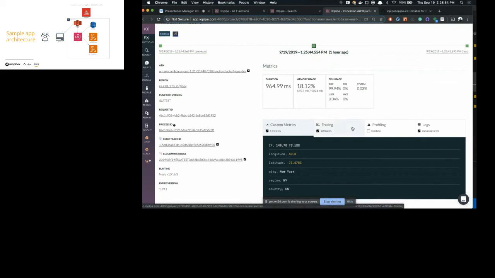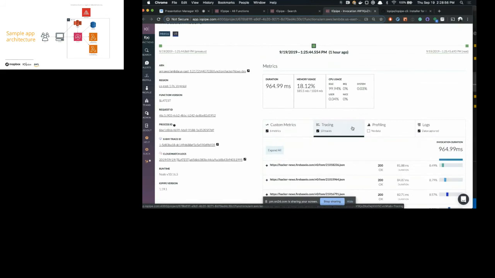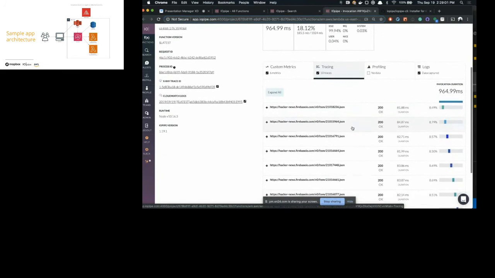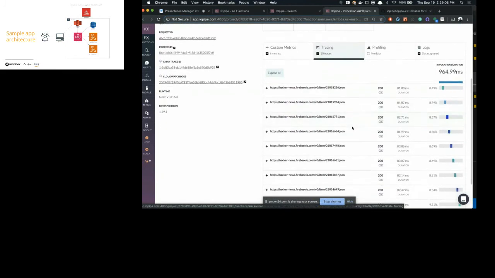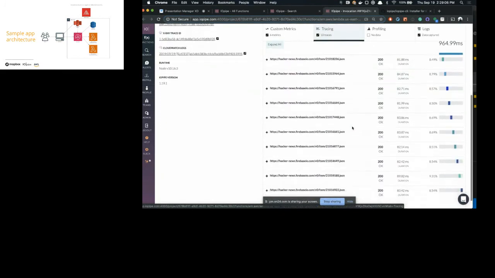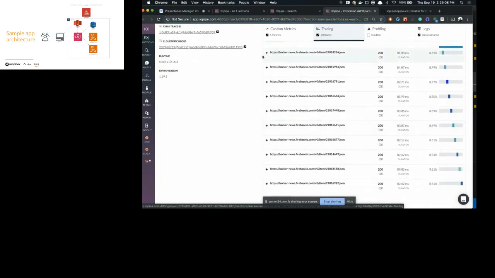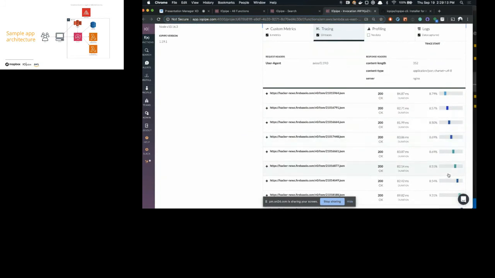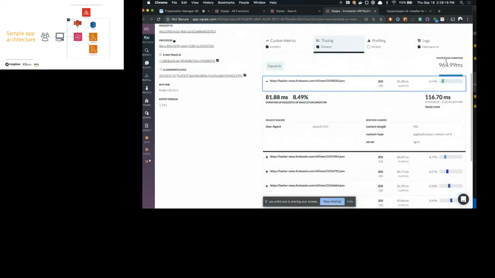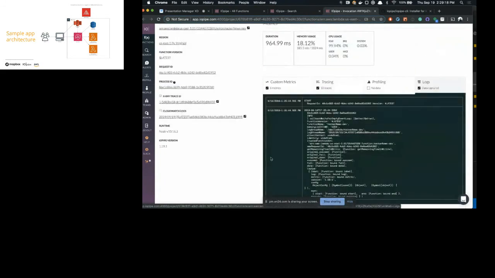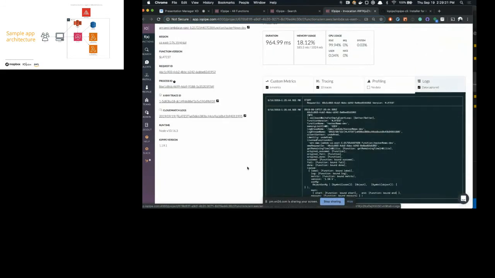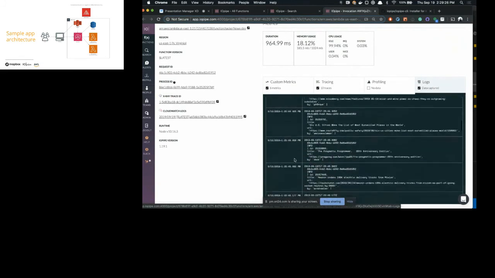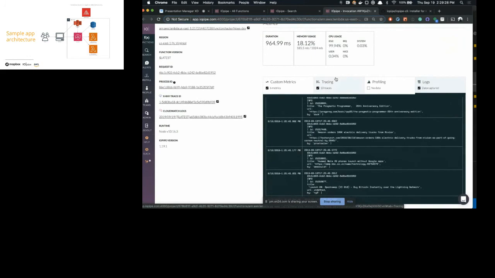And then I'm also able to go over to the tracing tab and see all the HTTP requests that happened inside that invocation. Like I was saying, this function is in charge of getting the top 10 most recent Hacker News articles, so that's what each one of these individual calls is doing to Hacker News. And it's showing me how long it took in the whole response time, or the duration of the actual invocation. And I'm also able to see the CloudWatch logs directly related to this invocation. If I had any debugging situations or needed to log something out here, I'd be able to see all that right within the logs area.